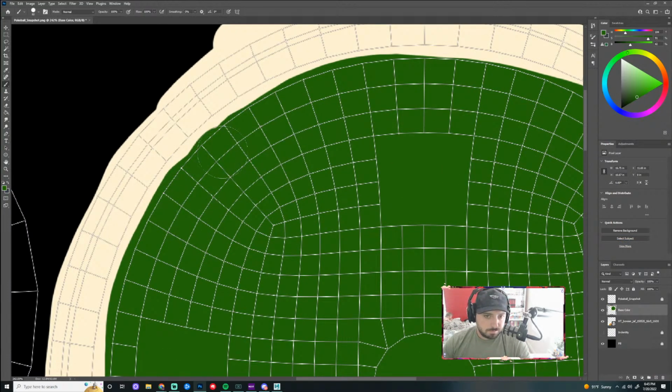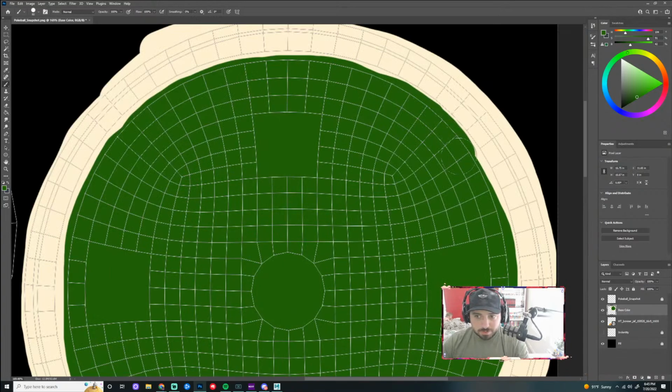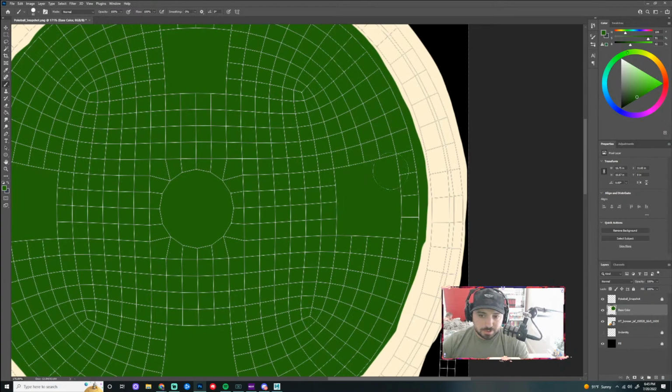Okay. So depending on how clean you want to make this look, sometimes there's a bit of an art to making your texture map look nice, right?